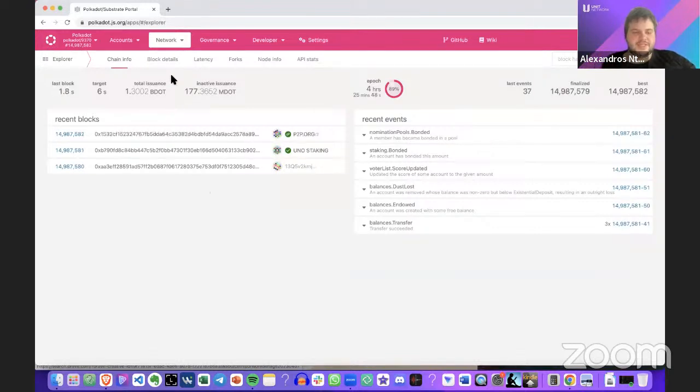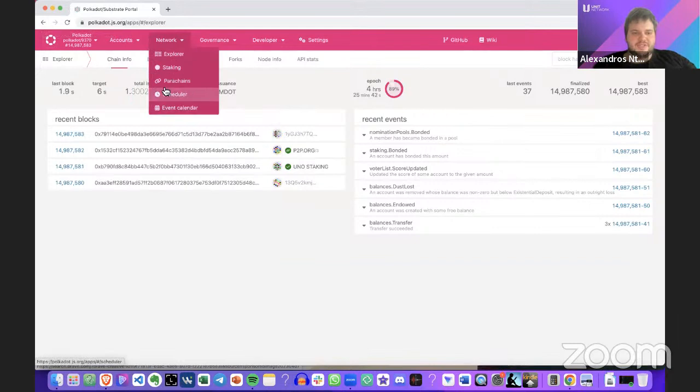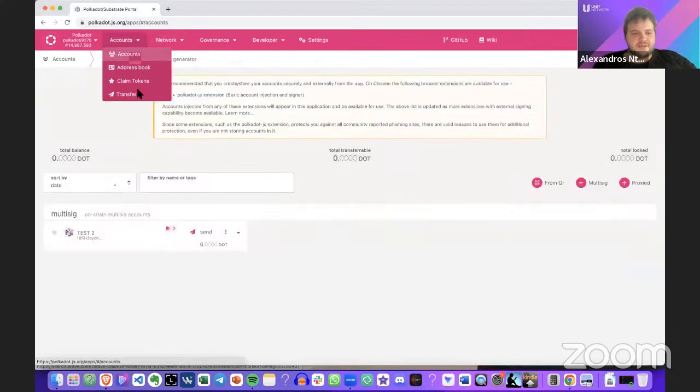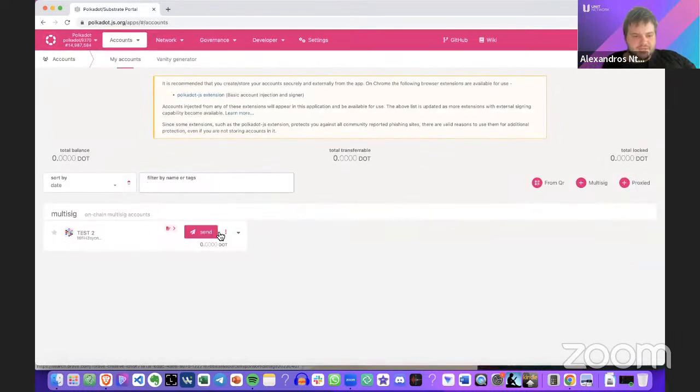And here you can see you have Explorer, staking, parachains, and all of this. And here you have accounts. As you can see here, there is a test account. Perhaps I was doing another introduction to this, but normally I don't have anything installed here. So this is a bit odd. Anyhow, normally you will have